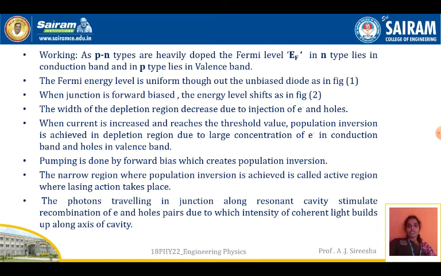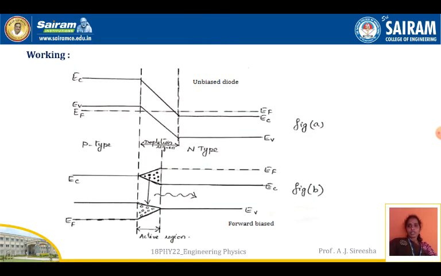When the junction is forward biased, the energy level shifts as shown in figure 2. If you look at figure 2 here, or figure B, you can see the energy levels have been changed here due to the forward biasness. You can see here, the down part of the figure, which is forward biasness, the energy levels have